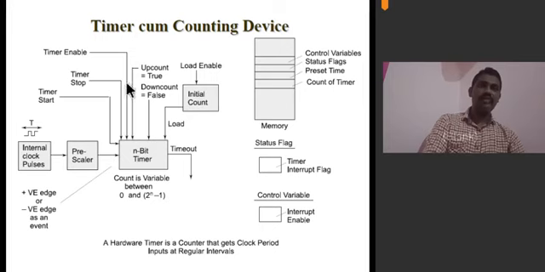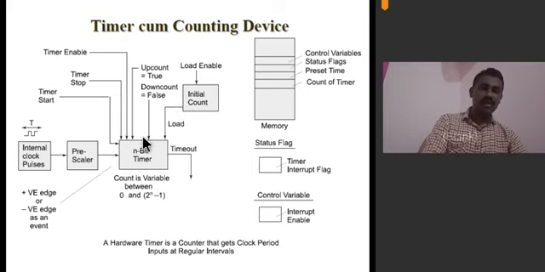And with the help of these bits, as I said, bits present in the control register, timer start bit, timer stop bit and timer enable bit. With the timer enable bit, you can enable your timer, that is, the counter present internally in the timer, and with the timer start, you can start the timer. The counting begins from the value loaded with the help of the initial count.